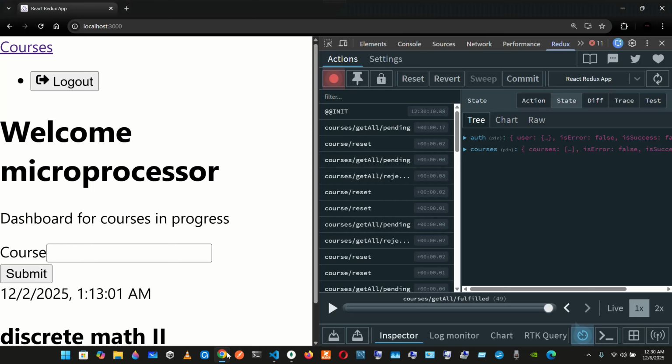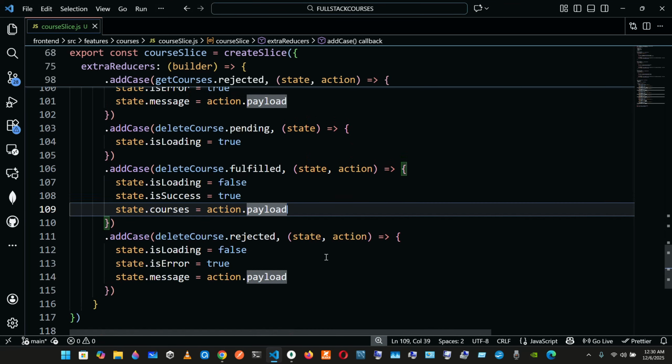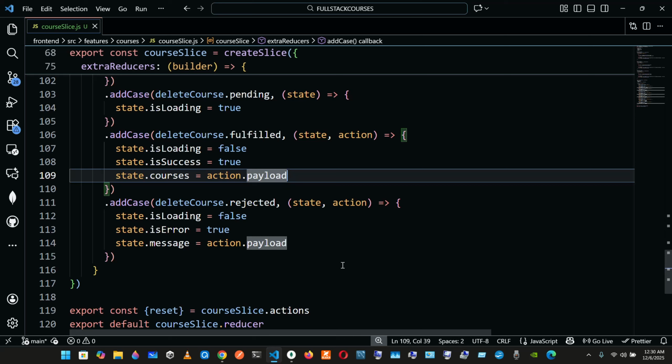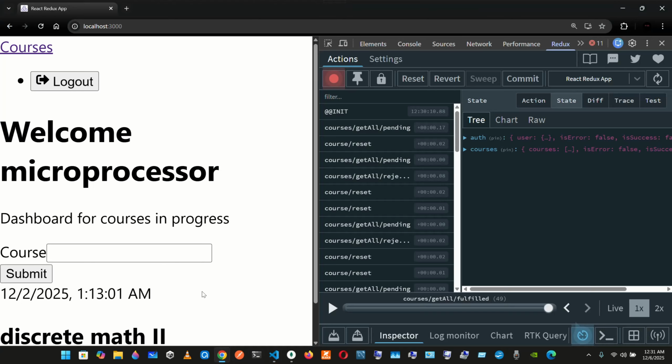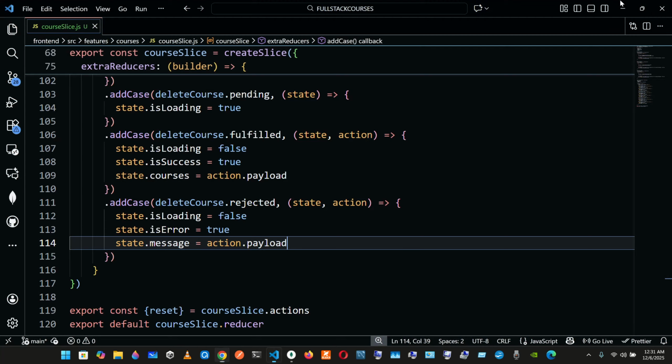And we're going to have some errors here, so let me see. Yeah, so the first one, the state that is loading, we set to true. That's fine. Then we have that delete fulfilled, and when it's fulfilled, the state that is success is true. That's fine. And in the delete course rejected, the state that is error, we set it to true. Yeah, that's fine. But in order for this to work so we don't have to refresh it manually,